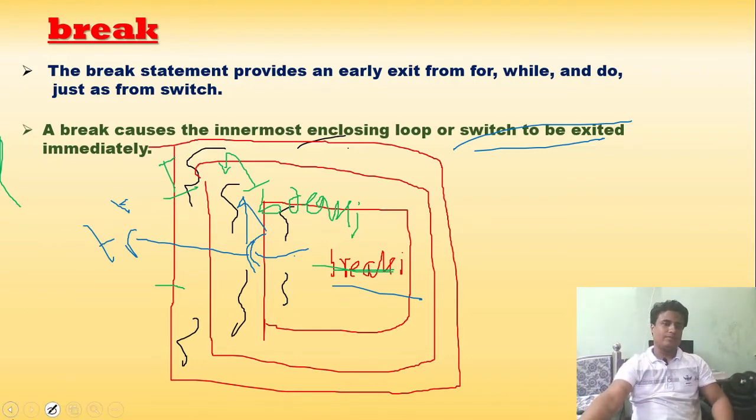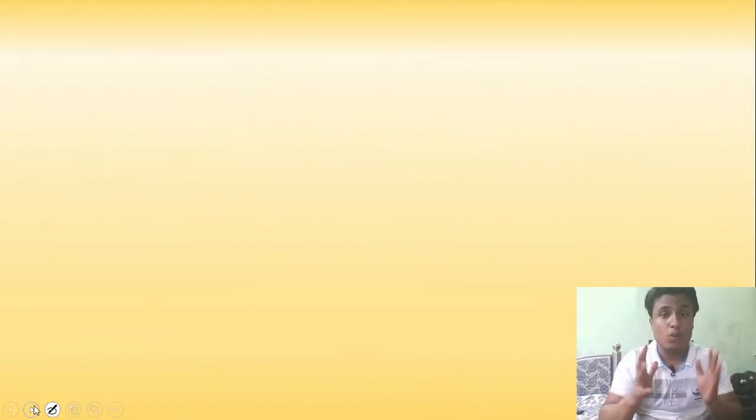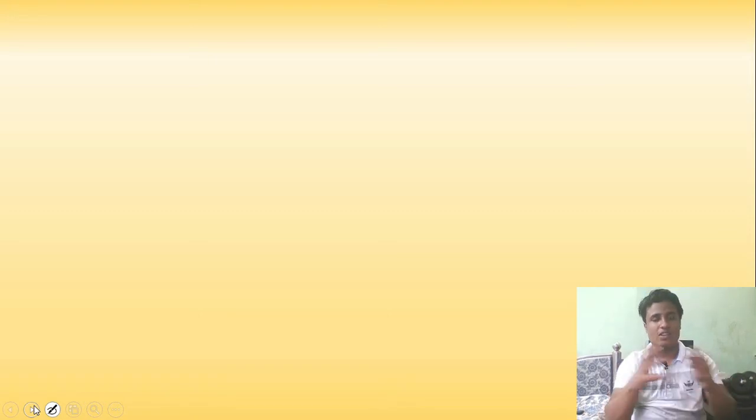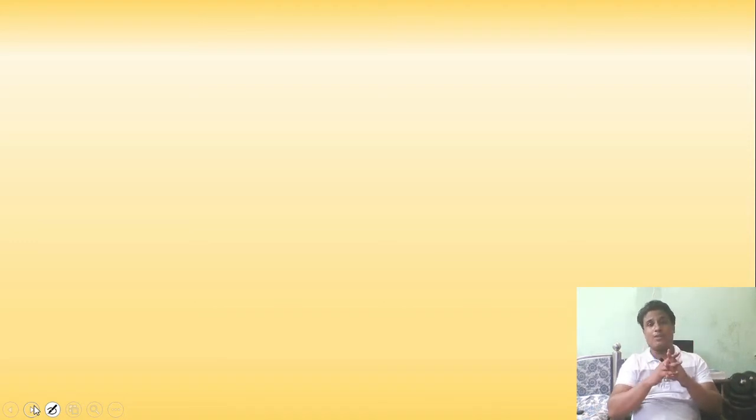So now moving on. Let me show you the flowchart of the break statement, where you can use the break statement in a while loop, a do while loop and a for loop. I will show you different flowcharts of them. First of all, let's discuss how the break statement works in a while loop. More or less the break statement works in all the loops in the same way. The difference comes whenever we use the continue statement. In a different loop it behaves differently. I will show you and explain it there, and I will also show you in the coding example.